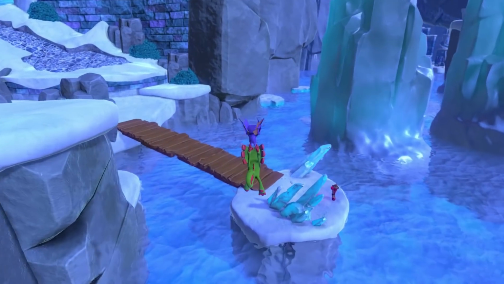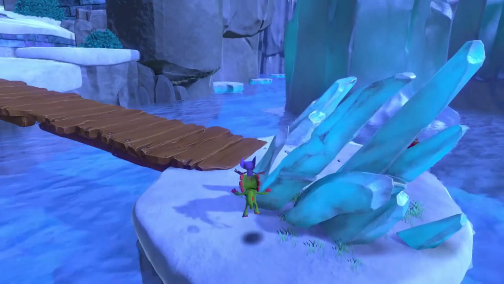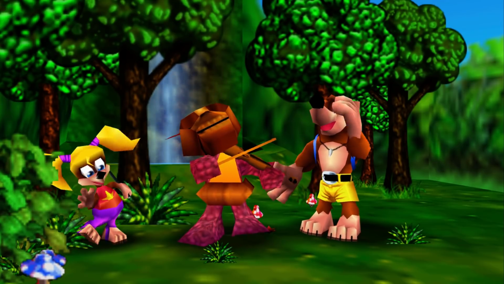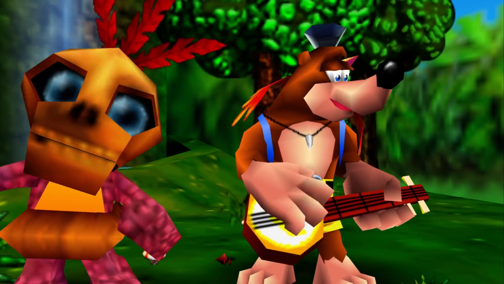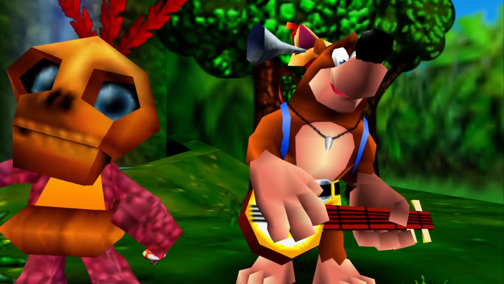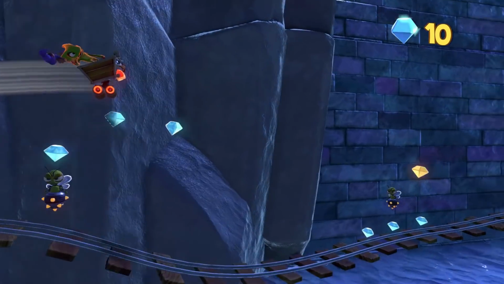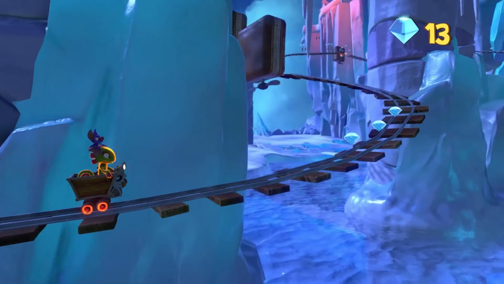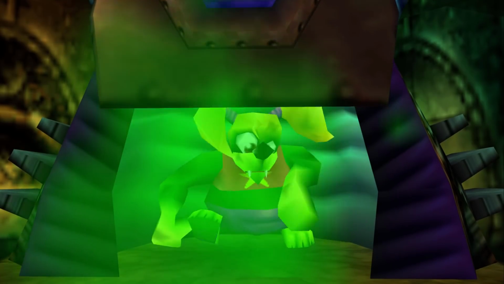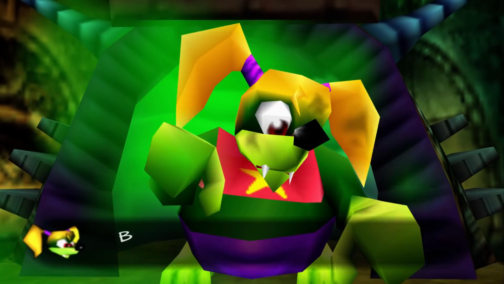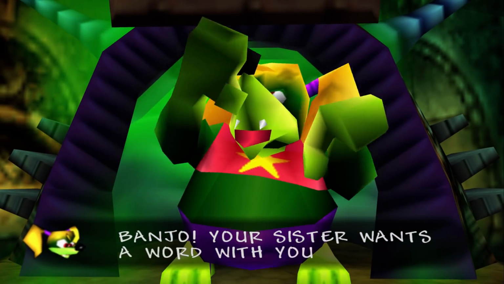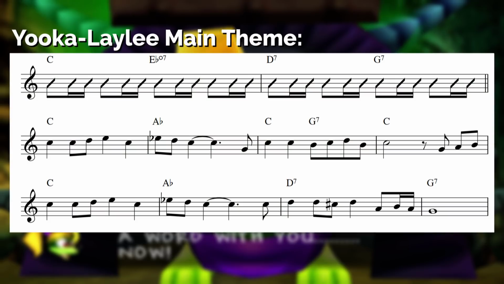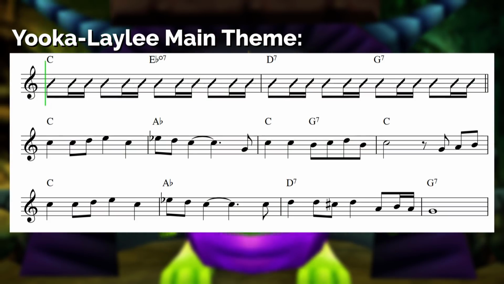While the writing in Yooka-Laylee might be a bit more complex and cinematic than in Banjo-Kazooie, Banjo's soundtrack definitely has a rhythmic energy throughout it that you don't see as much in its spiritual successor. There's a wider variety of orchestral textures and a broader palette of harmonic and melodic ideas on display, but there's nothing in the Yooka-Laylee soundtrack with the same grinning, juvenile energy of, say, the Banjo-Kazooie main theme. Here, listen to the two main themes back to back to see what I mean.